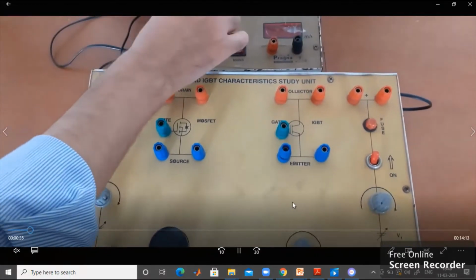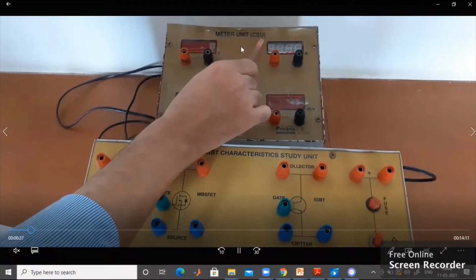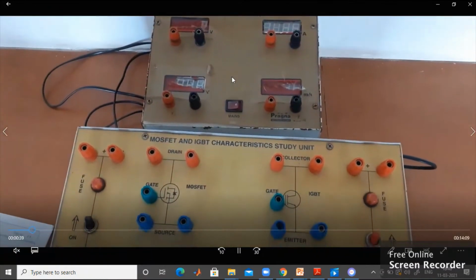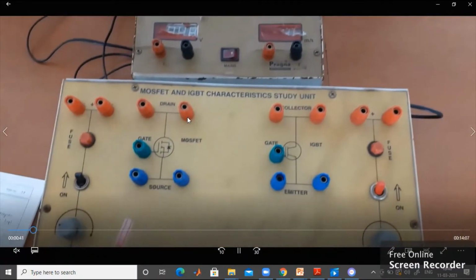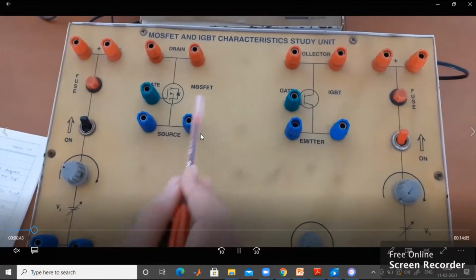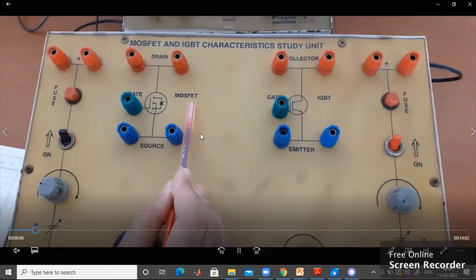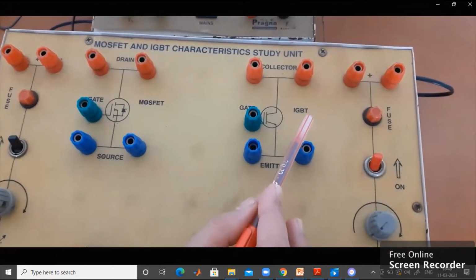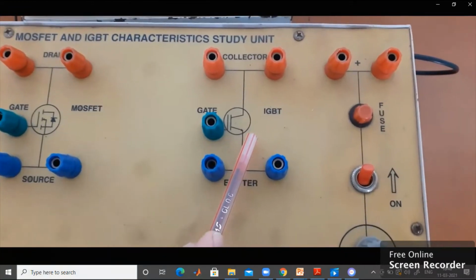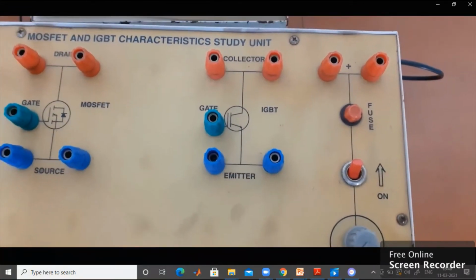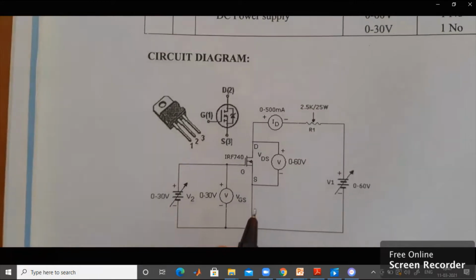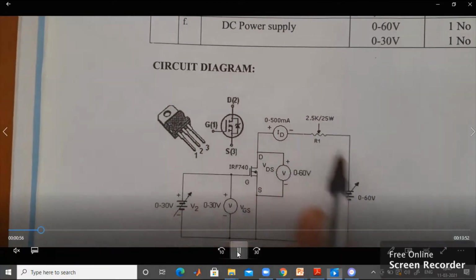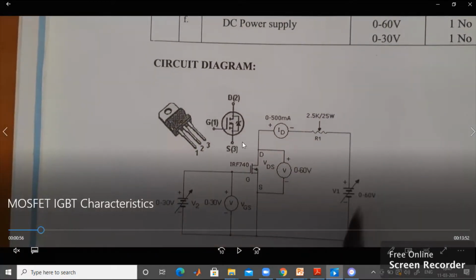Then this is the measuring unit. You can see the measuring unit. These are the components required to conduct the experiment. Anyway, we are doing it in a module, so it is very easy. No need to do separate wiring, soldering, etc. A separate breadboard is also not required. So this is the circuit diagram that you have to remember. We have to perform the circuit connections as per the given diagram.